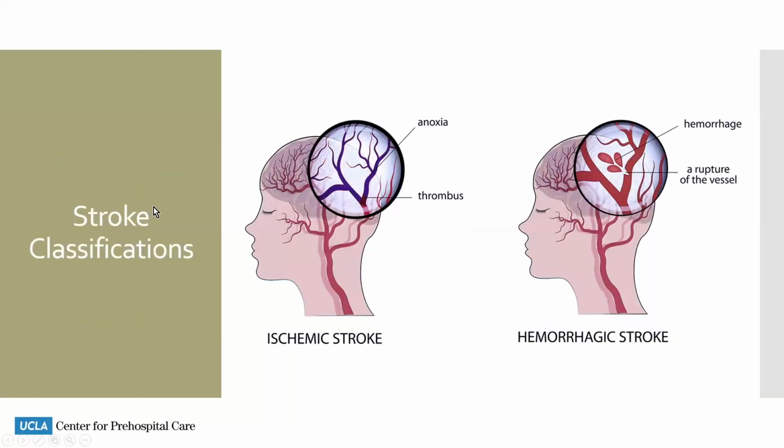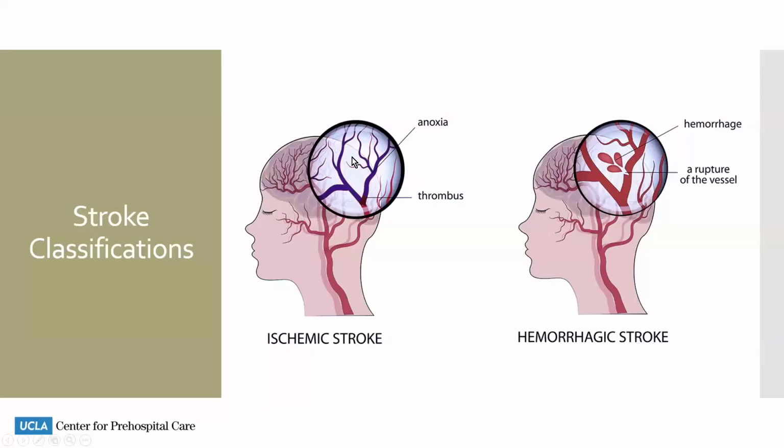So what are some strokes? We basically have two types. Looks like we have four, but only two types. And one is an ischemic stroke. That means there is decreased blood supply to an area of the brain, just like ischemic heart, right? Decreased blood supply. Hopefully, we can increase the blood flow there, and so it doesn't go on and become an